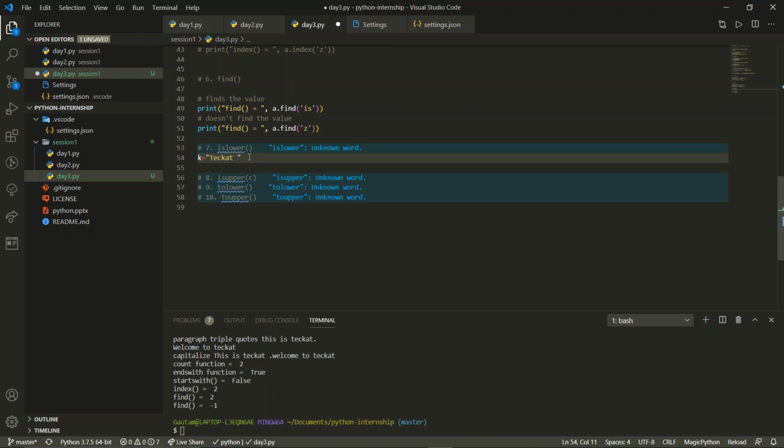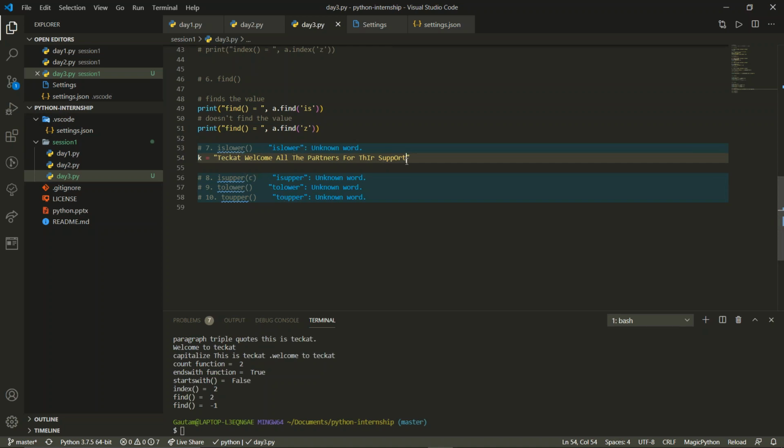The cat welcomes all the partners for the support. It's very difficult to write in different cases. So we have written it in jumbled cases, right? Now we'll test one by one function.